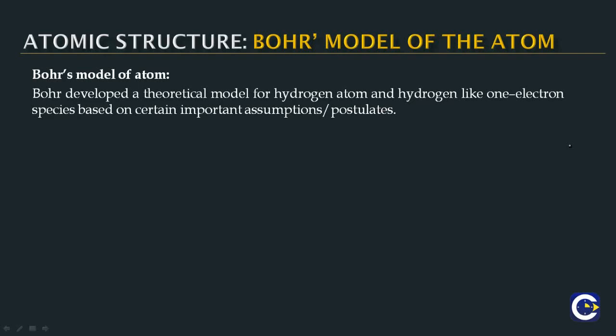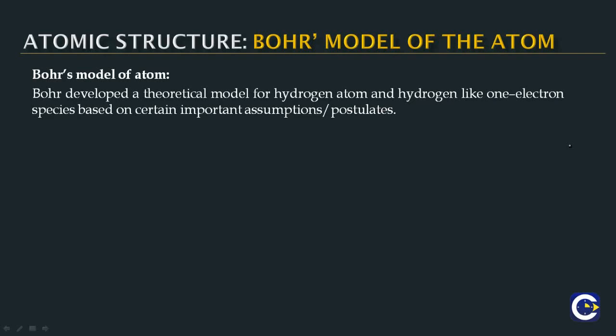Now when we talk about any successive model that comes, there are two important things that must be taken into consideration. One, the drawbacks of the previous model must be clearly answered, and second, any other prevailing questions must be explained by the new model of the atom, or in general any model for that matter in chemistry. That is how we will look at the subsequent models, whether it is with regard to the models of the atom or even with regard to the models of chemical bonding. So when we go to chemical bonding, we'll discuss those things.